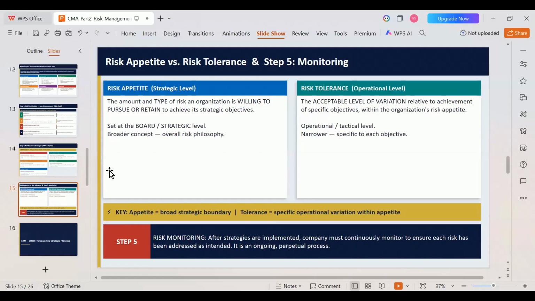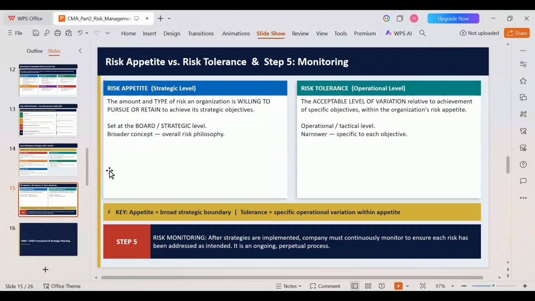So we took an example of $5 million of risk capacity. In that, I have chosen my risk appetite to be somewhere around 20 to 30%. Okay. So I'm ready to take that amount of risk. What comes in the risk tolerance level is normally, without impacting my core businesses, without impacting my very own survival or existence in the industry, what is the risk that I can take normally? That is risk tolerance. Okay.